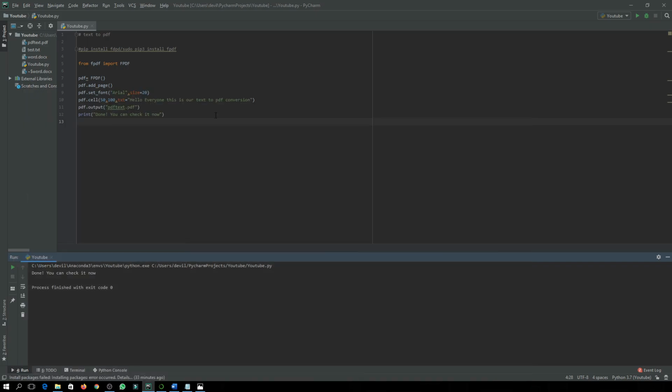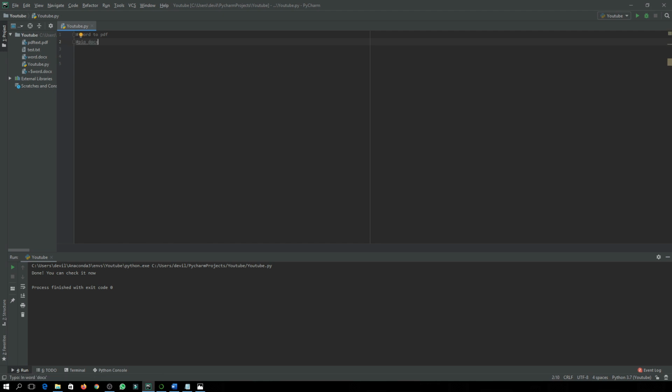Now let's move to Word to PDF conversion. For that purpose, first you have to import a package, docx2pdf. There is also one more package named pdf to tree, and you can use it if you want.